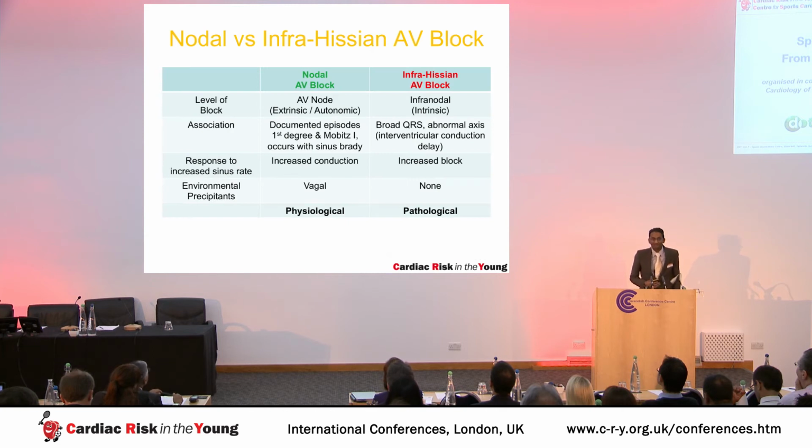So, when you encounter an apparent AV block in an athlete, it's important to ensure that the block is extrinsic or autonomic in etiology rather than true intrinsic conduction disease. And the reason for that is that infranodal or intrinsic conduction disease is associated with a risk of sudden cardiac death. In our individual, there was no evidence of any widening of the QRS, no evidence of any interventricular conduction delay, but perhaps most importantly, we had improved conduction with improved sinus rate and with adrenergic surge with exercise.